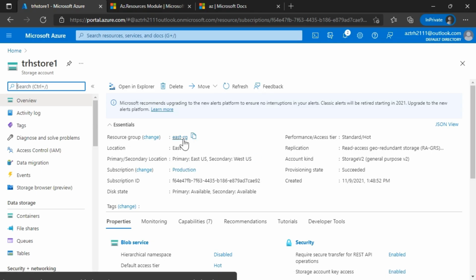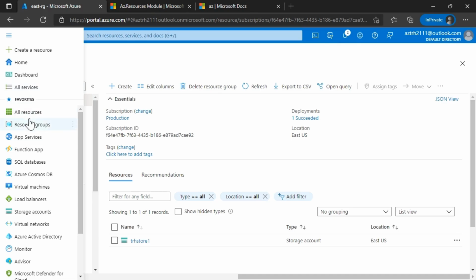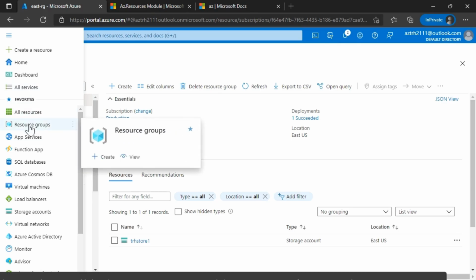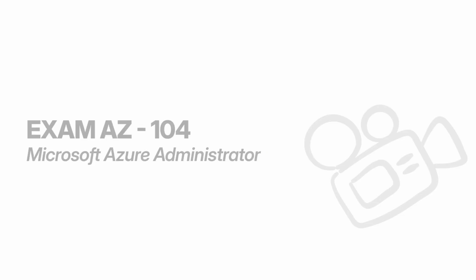So this hierarchy is linked throughout the portal, and you can use that to your advantage as you're navigating and looking around. If I click on the resource group, I can see all the resources that belong to that resource group and manage them as a group if I want to. On the menu, there's also just a list of all resource groups if you want to view things this way. So as we'll see later in this lesson,